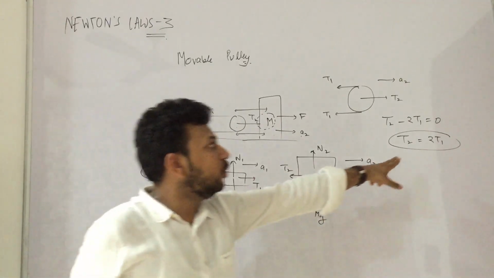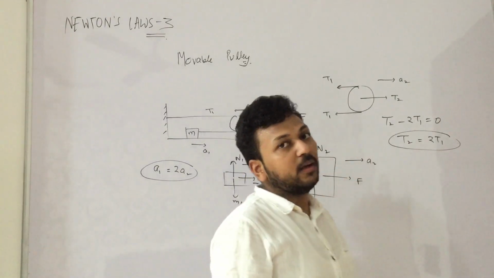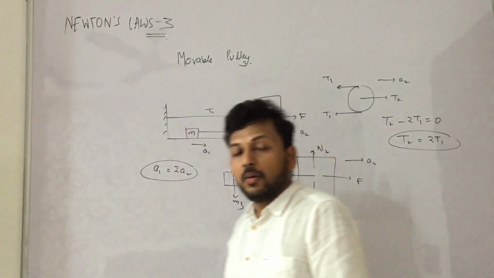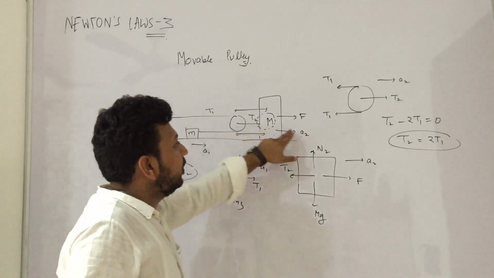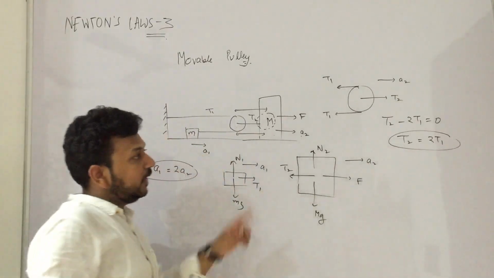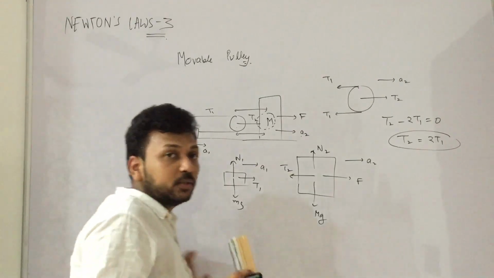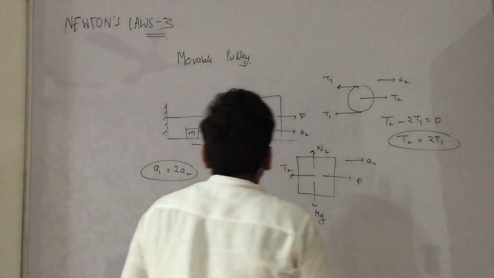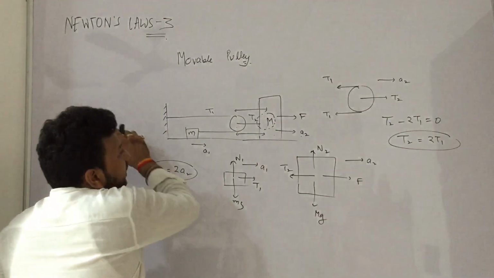So these are the new relations that you have to consider apart from what we already studied in the earlier classes. Now one thing you have to remember: if you consider T2, A2 and T1, A1, the relations will be opposite. If T2 is 2 times, A1 will be 2 times, or if it is 3 times or 4 times, it has to be opposite. So this is a new thing that you have to consider whenever there is a movable pulley. I am erasing this.